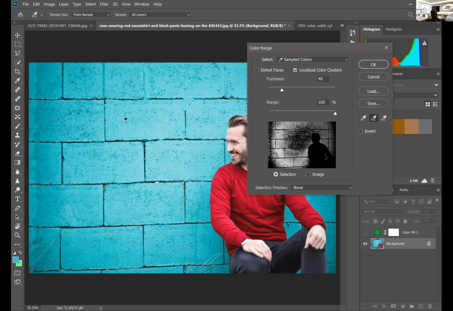It's only going to select the background. Now as I drag this white add to selection slider, the selection gets added. It's not a perfect selection, but almost perfect. Later you can make it perfect using a brush.